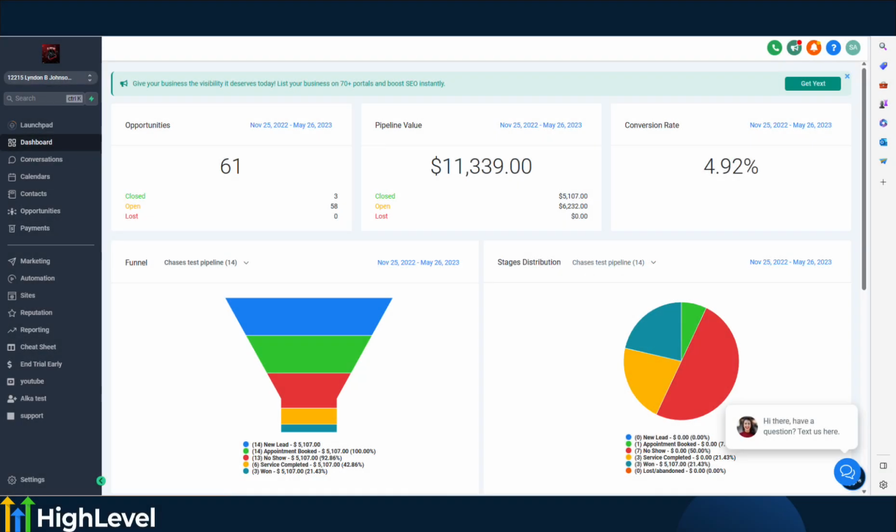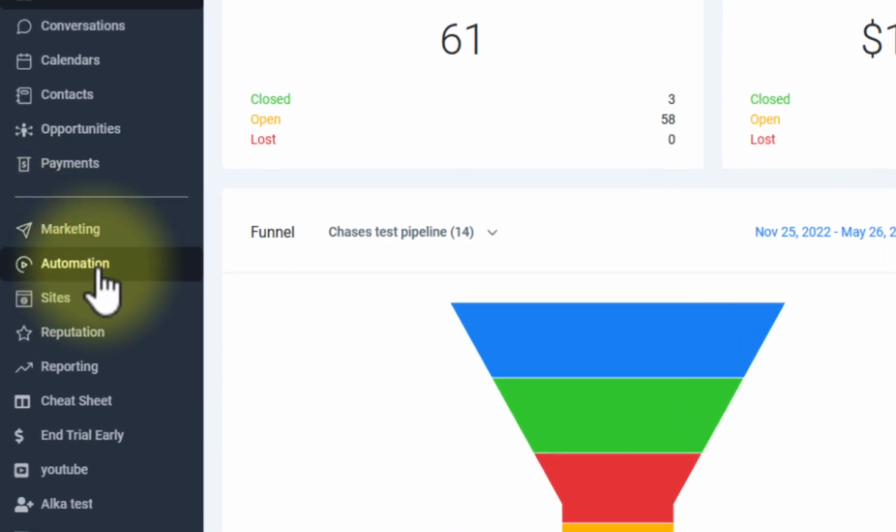Hey everyone, welcome to another quick tutorial. For today we're going to discuss how to create your first automation. So first off, you need to be inside your account or your location where you will be creating your automation. And then on the left side, just look for the automation tab right below marketing. So click on that